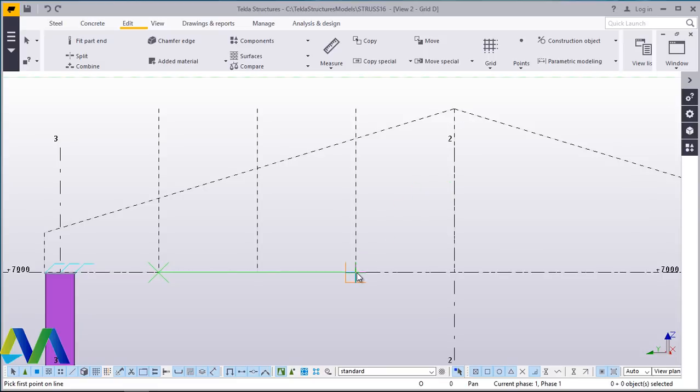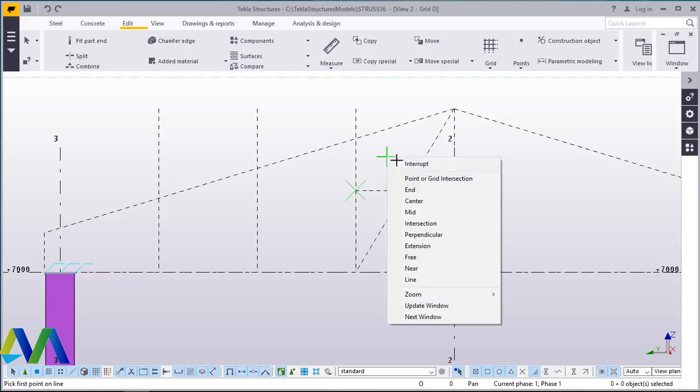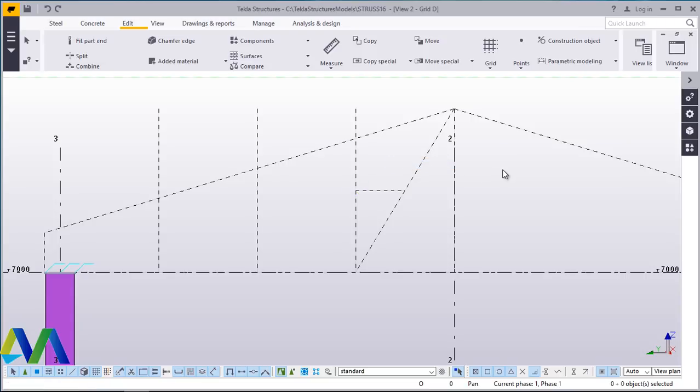From here, I'll just snap on that spot and bring another one there. From there, I'll come back to line again and snap right here and place another line there. Perfect. I'll come back to line and come here and snap another one there. Perfect. Now come back to line again